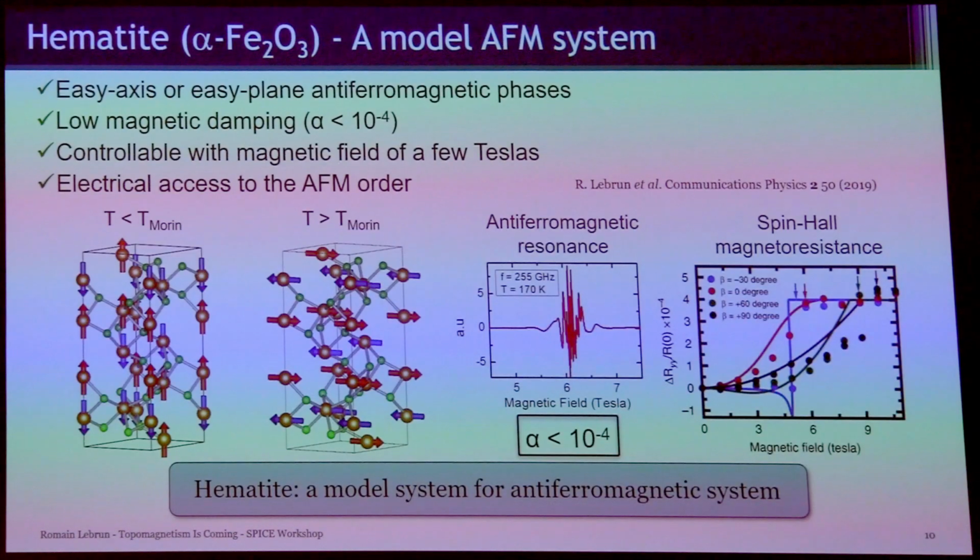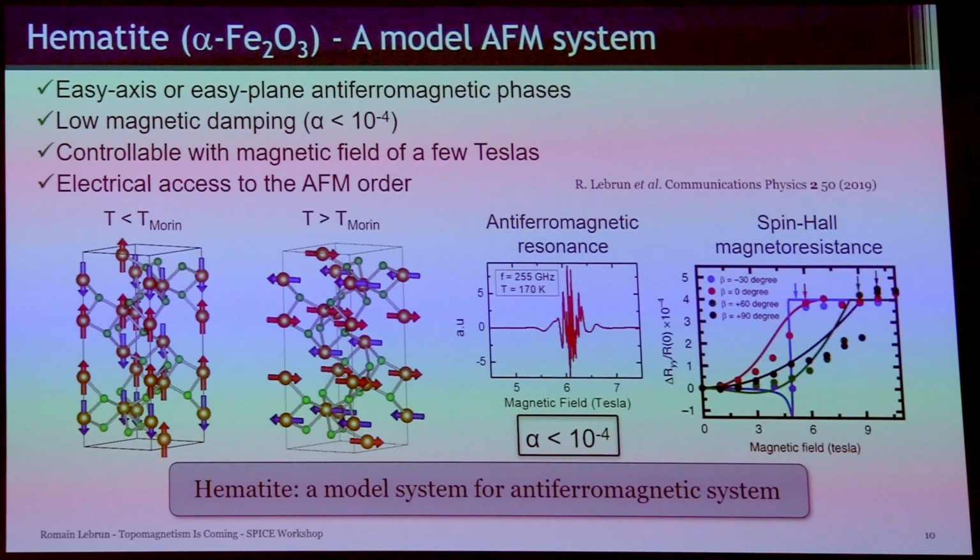So to conclude on this first part about just the magnetic properties of hematite, we have an easy axis system or an easy plane system, depending on the temperature at which we are working. In this system, the magnetic damping is really low, and we can control the direction of the antiferromagnetic order with a magnetic field of a few Tesla and detect electrically the direction of the antiferromagnetic order. So we have everything, let's say, in order to try to play with the spin waves in the system and